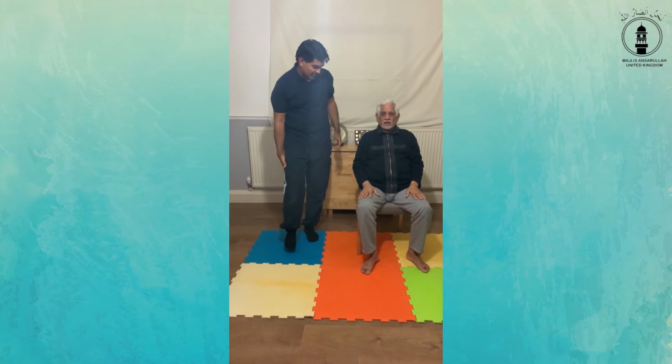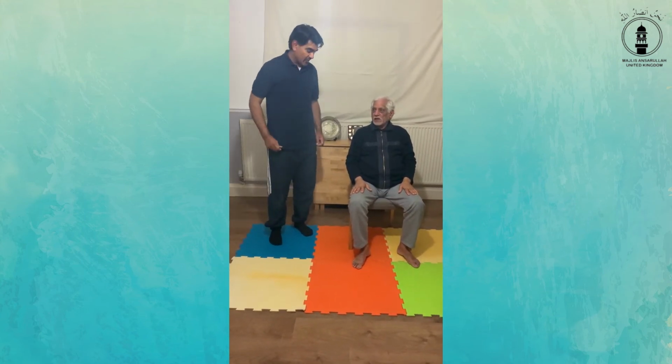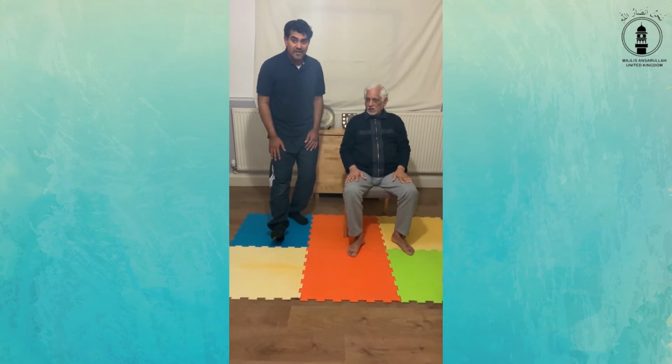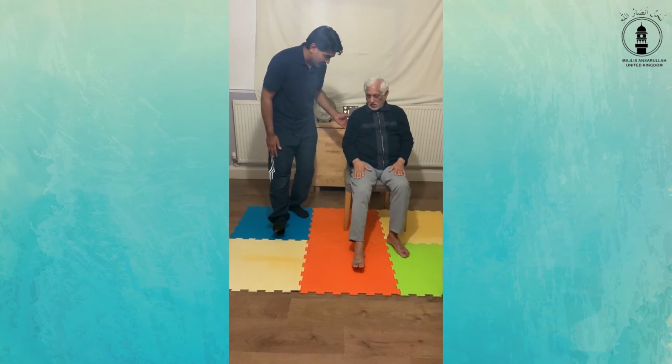We're going to stretch out our hamstring as well, and the footballers that may be watching, you'll be well used to these exercises. If you put your right leg in front and go on your heel,